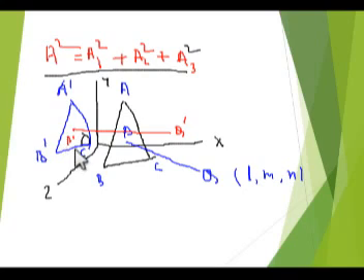So if the projected triangle's area is denoted by A1, and this area is denoted by A,